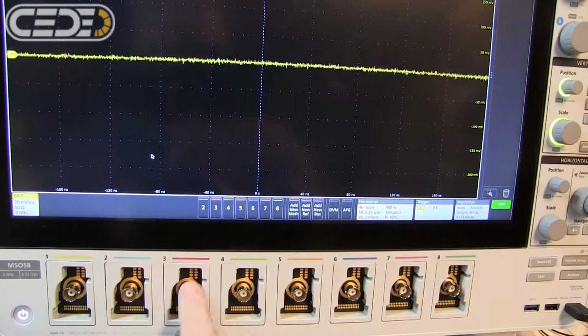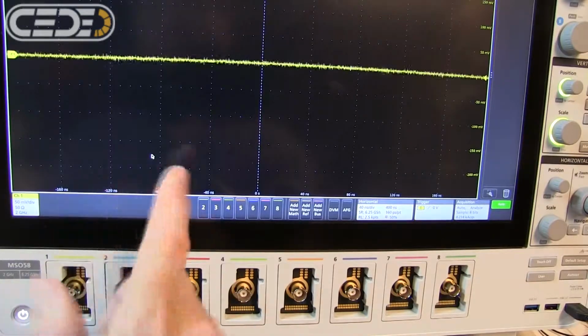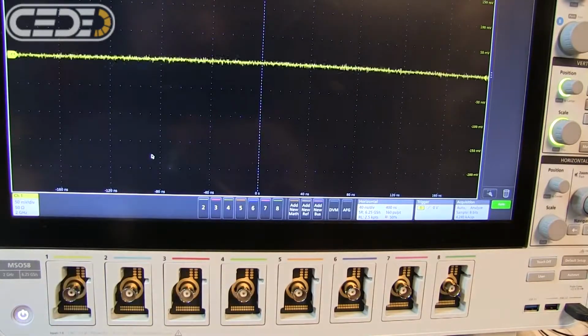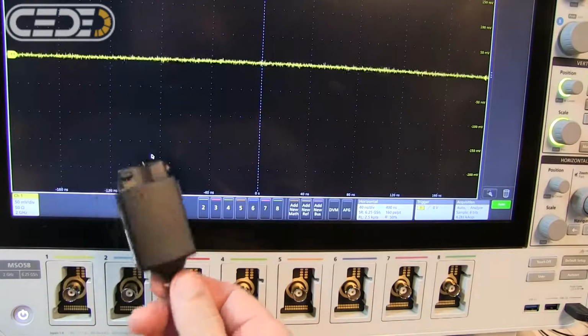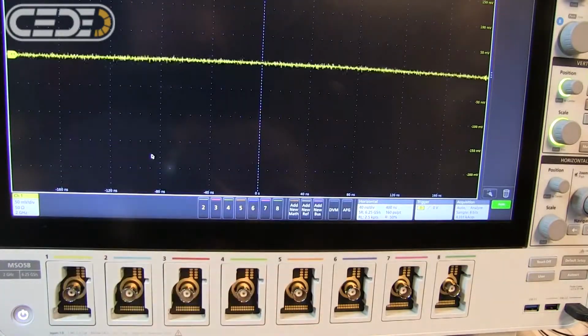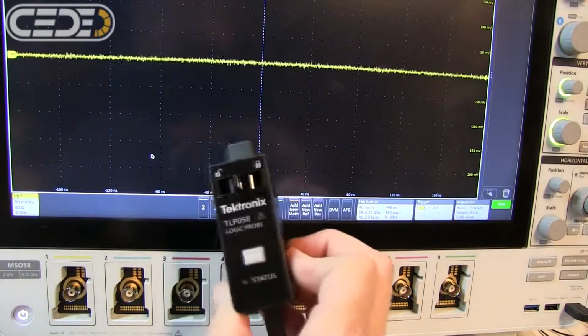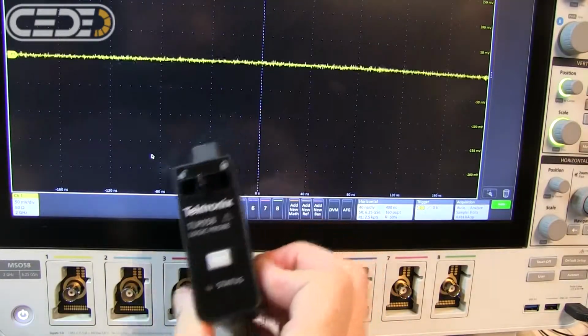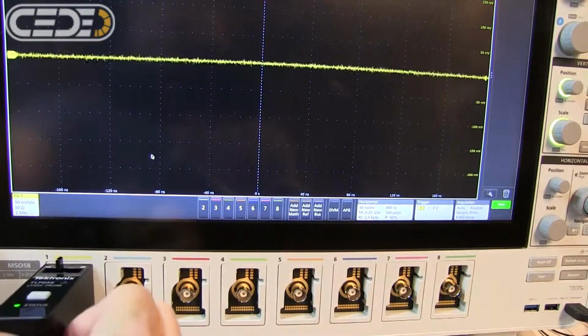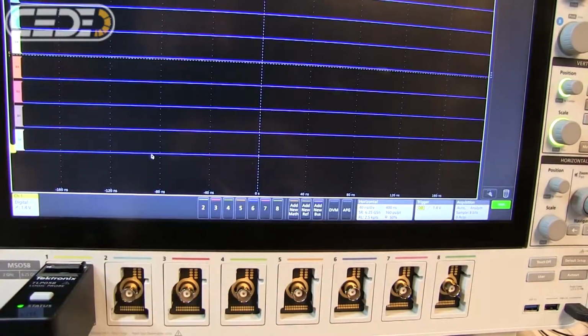They're ordinary analog input channels, 50 ohm termination up to 2 gigahertz of bandwidth, as well as a 1 megaohm termination to use with things like passive probes. You can also use active probes and things like that. But by plugging in a TLP-058 logic probe, we can turn any one of the inputs into essentially an 8-channel